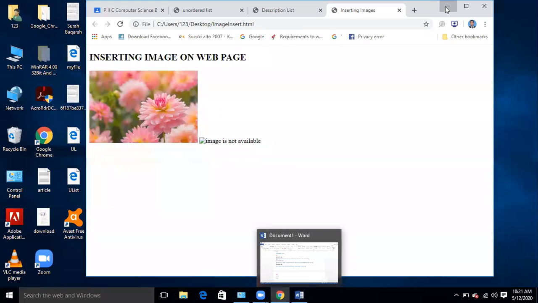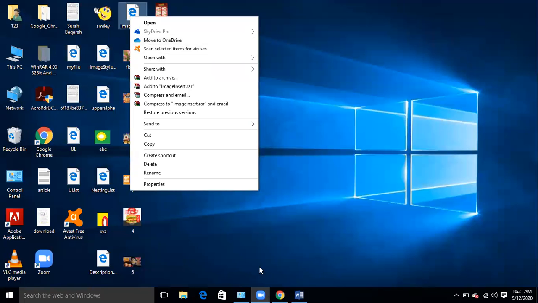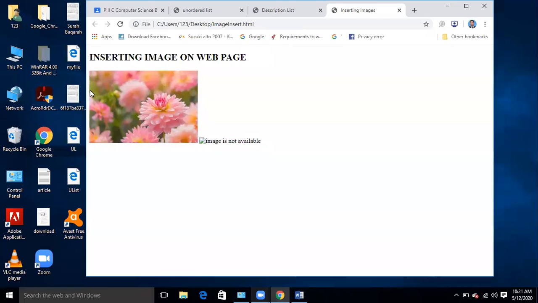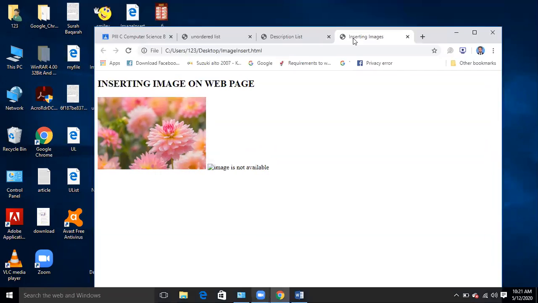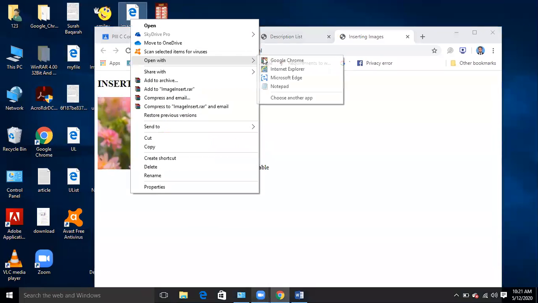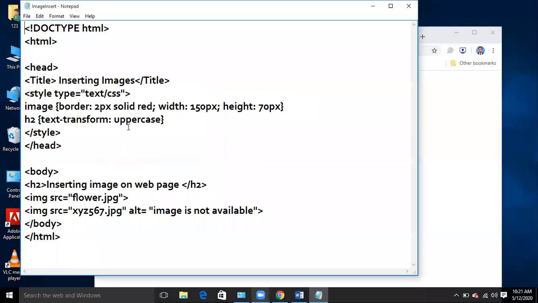Now I'm going to make one change. Please pay attention. Right now, what is the width and height? I'm going to change something over here. I'm going to make the border 5 point, and I'm going to change the width. Width, I'm saying 50, and height, I'm saying 150. This time I'm changing. Now I have changed. Width I have reduced and height I have increased.